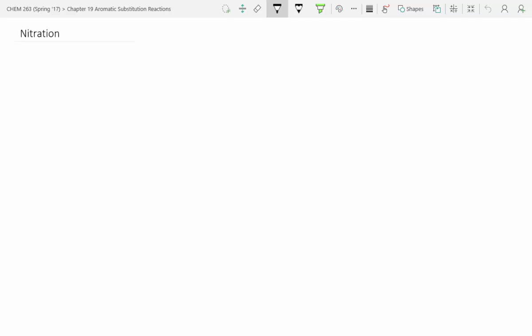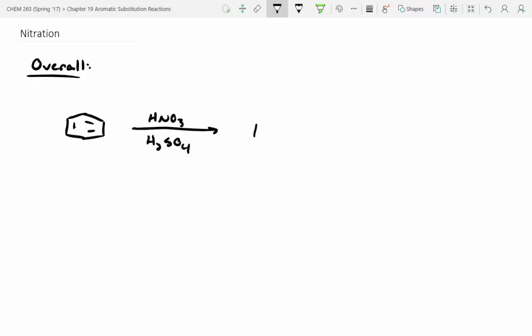So the process of nitration is really similar to halogenation and sulfonation. Let's take a look at the overall mechanism, and then I'll show you guys the mechanism for it. So the overall transformation involves taking an aromatic compound, treating it with nitric acid, which is HNO3, and H2SO4, sulfuric acid. When you do this, you can pop on a nitro group, and it's important to remember that a nitro group